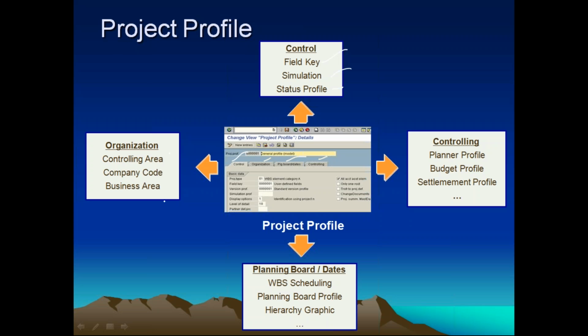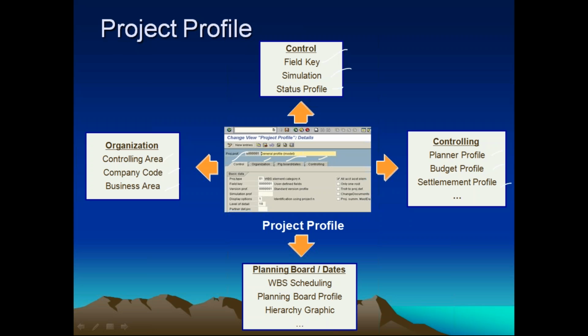Under organizations, under which controlling area we are linking, under which company code we are defining this project, under which business area we are defining the project. Under controlling parameters, what is your planning profile, what is your budget profile, what is your settlement profile. Slowly we are going to create all these things. So under project profile,